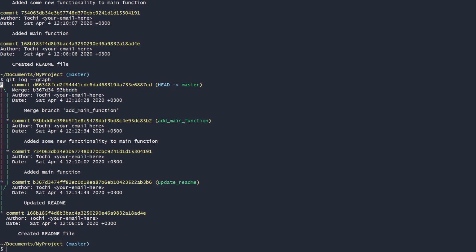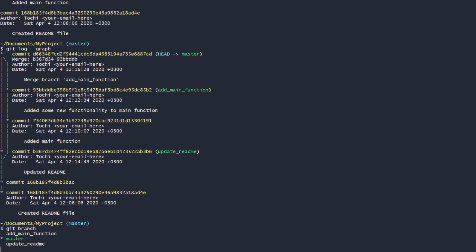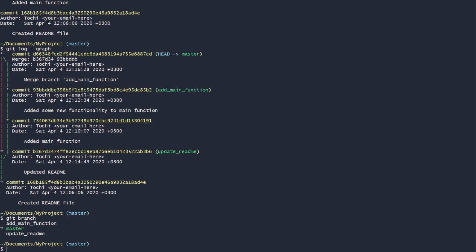And now we have finished working in these two new branches, and our master is kind of up to date with all new updates, and it should be good and tested, and you can just continue. Perhaps you create a new branch now for the next cool feature. To see what branches you have, you can write git branch. And because we have now finished developing new features in these two branches, it's a good idea to delete them, because over time you will have a lot of branches and it becomes really hard to keep up with them. So you will not lose any history doing this, so it's really safe because they have been merged to master already. So git branch -d add main function